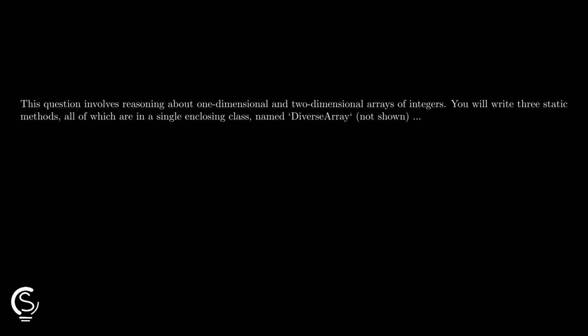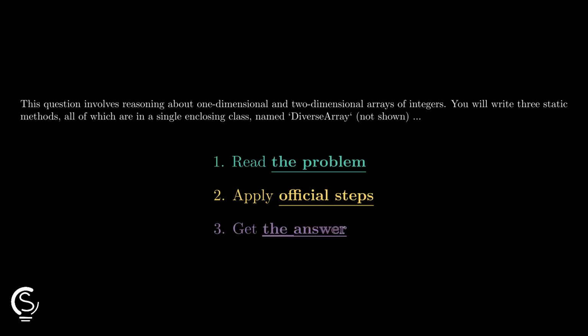To solve the diverse array problem, implement 3 related methods. arraySum should traverse a one-dimensional int array, accumulate the total in a variable, and return that sum. rowSums